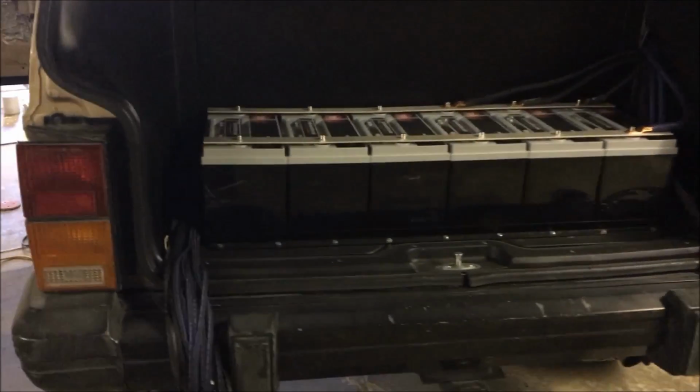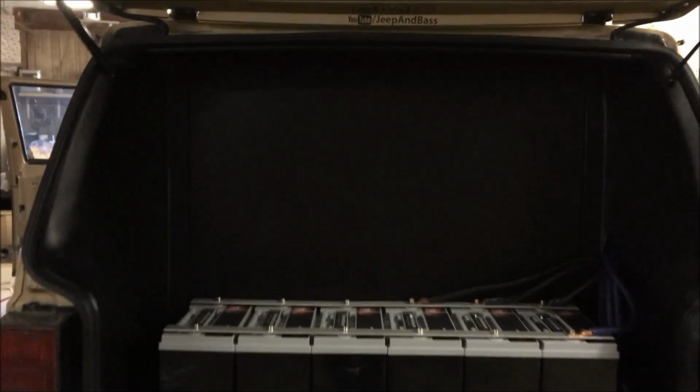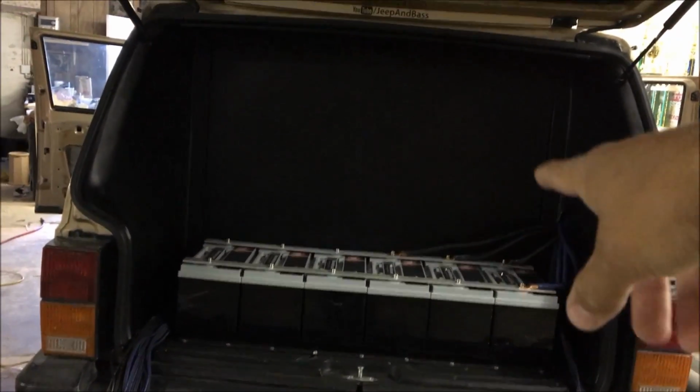Went back here and finished strapping the batteries down. They're a little loose because I didn't have any brackets on the sides, but now they're in there. Can't really see it, but it's the same thing, just angle iron. So that's pretty much ready. I just need to get a new weather stripping, and then I can build an amp rack and do the lighting. So it's going to be all backlit. Do a metal amp rack. Thinking,